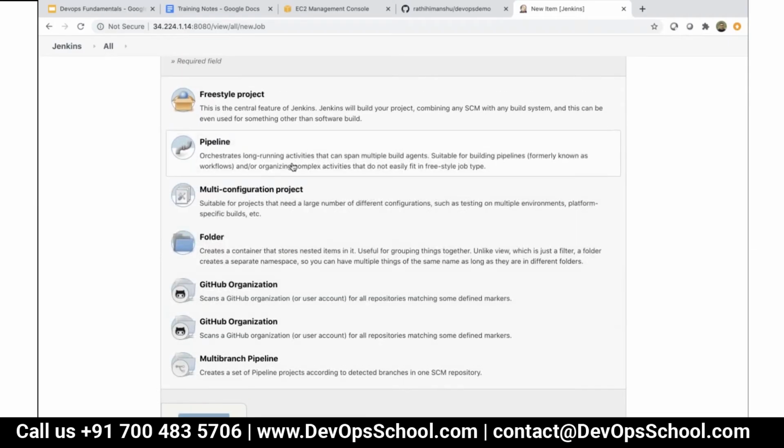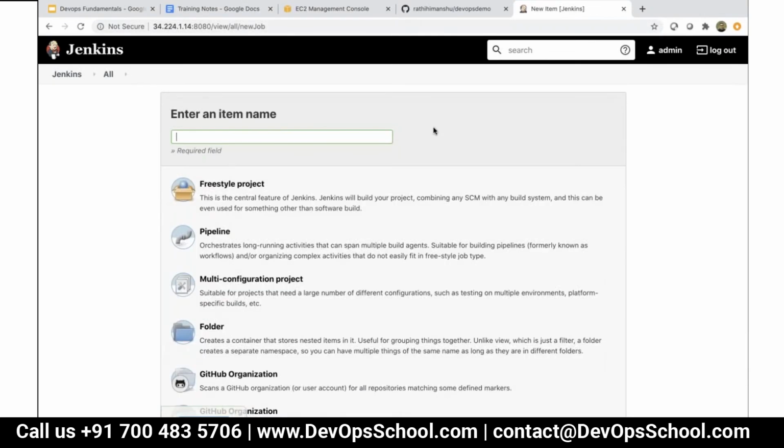Now in a single pipeline, the generic pipeline, you will have only one branch, and all the jobs are executed within that branch itself. Now if you have multi-branch pipelines wherein each of the branches are running parallelly and each of them can do separate actions, then you can create a multi-branch pipeline. Now I'm going to create a job, and just notice here how we do it. So I'm going to call it my job, and I'm going to create a freestyle project here.